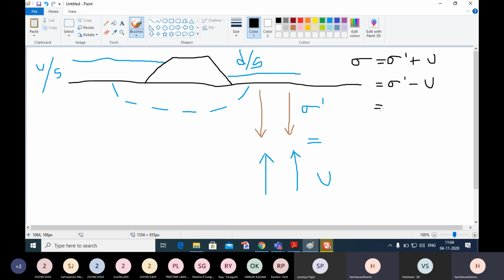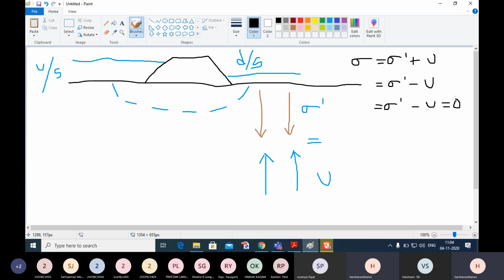If the pore pressure in the upward direction is very high, then at some instant they both will be the same and effective stress will be equal to 0. When the pore pressure acting in upward direction becomes equal to the total pressure, then quicksand